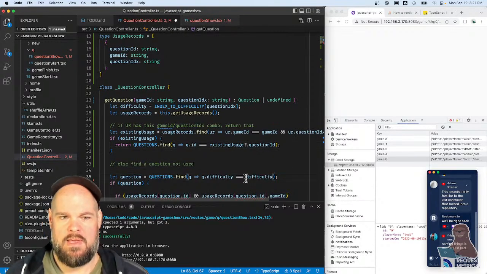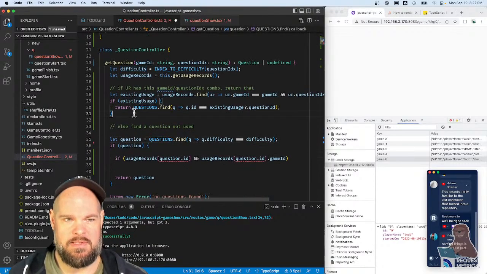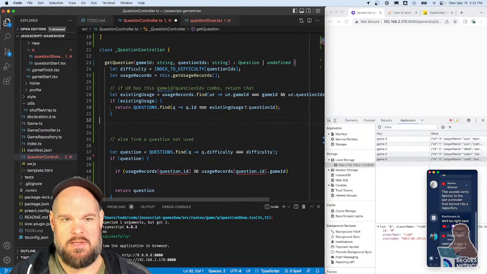Okay, yeah, now we can just return it as undefined. We'll just spit it out undefined. We'll let the front end handle it if there is no question. Okay, so otherwise,